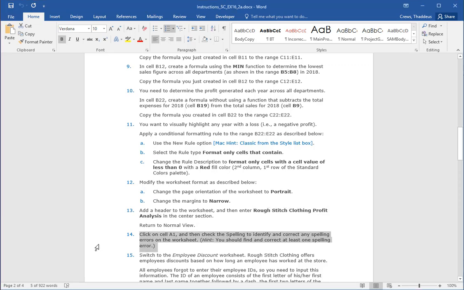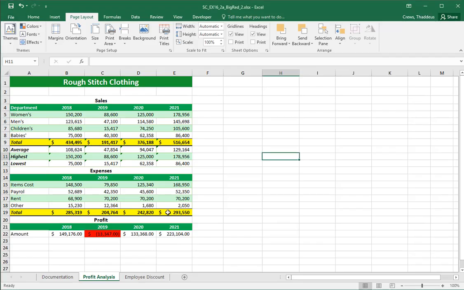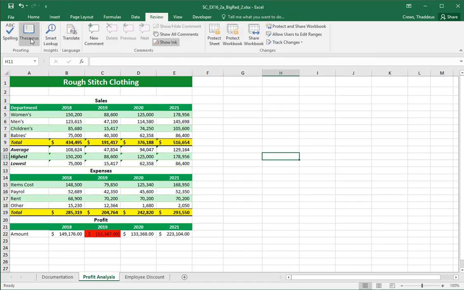Step 14. Click on cell A1 and then check the spelling to identify and correct any spelling errors on the worksheet. You should find and correct at least one spelling error. Okay, spelling is in the review. So on the review tab, select spelling,